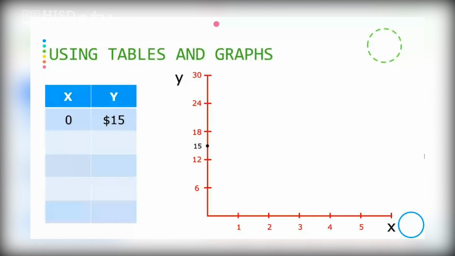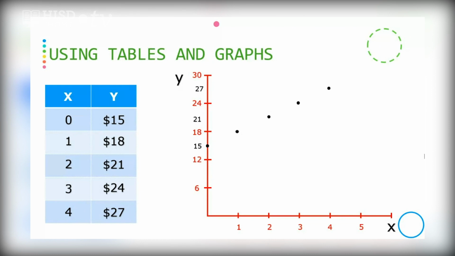Then if I rent only one movie, then that's going to increase my monthly cost by $3. So that means that that's going to be 18, and my new point is going to be drawn right here. And then I'm going to do the same for the scenario where I rent two movies. That's going to bring the total to 21, and that's going to be the new point. And if I keep going, I can see that if I have three movies, I'm going to pay 24, and if I have four movies, I'm going to pay $27. So now I can see that there is a clear linear relationship